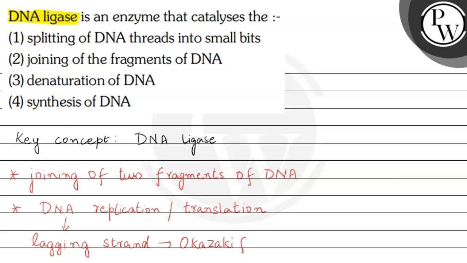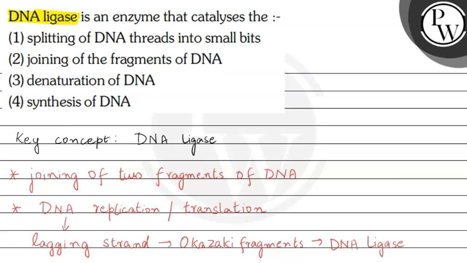So Okazaki fragments are then joined with the help of DNA ligase, which joins the lagging strand into a single strand of DNA. So DNA ligase is a very important enzyme which plays a major role in the joining of the DNA fragments